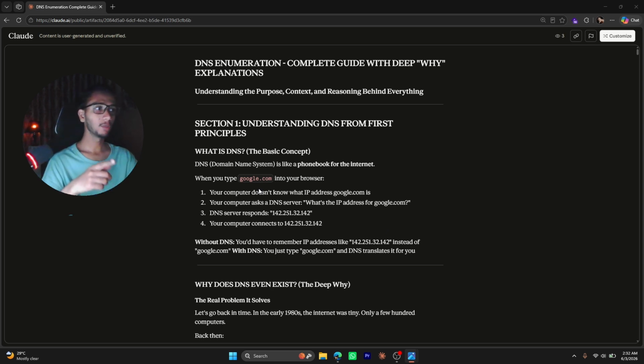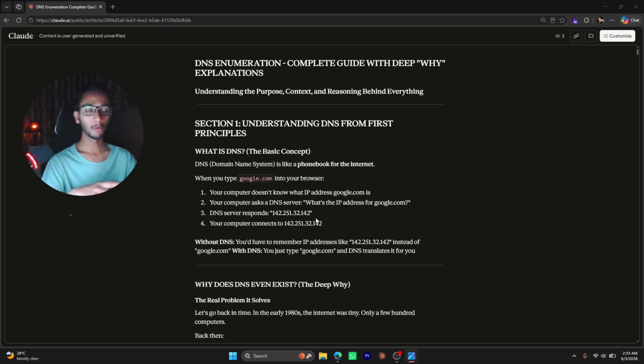Okay, so let's understand this DNS now. When you type google.com in your browser, your computer does not know what IP address google.com is. Your computer asks the DNS, the system that we are talking about, what's the IP address of google.com. The DNS has a hierarchical structure. There is a lot of stuff in the DNS system.